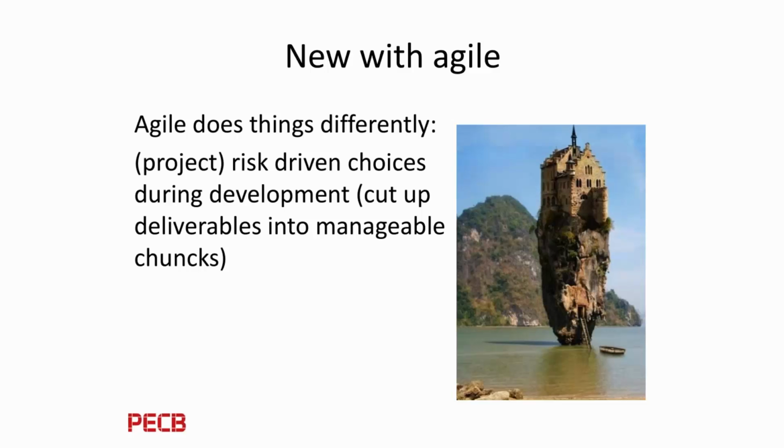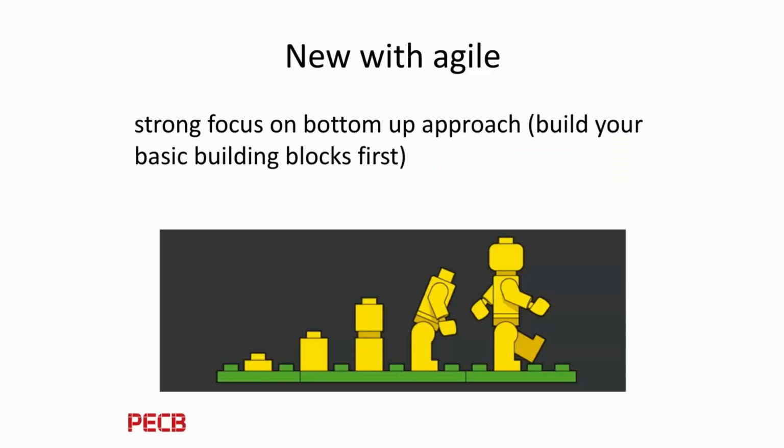So sometimes it's only a 2-week or a 3-week cycle, or maybe even shorter, that you have for developing predefined or agreed upon functions and features. And there is always some sort of definition of done at the end of a cycle that says, well, if these features are implemented and they work, then this cycle is done and then we can move on to the next cycle. So it's a very short cycle time in which you have to develop your features,